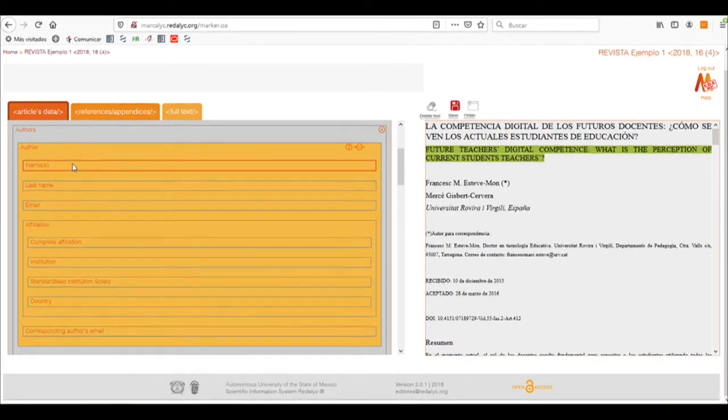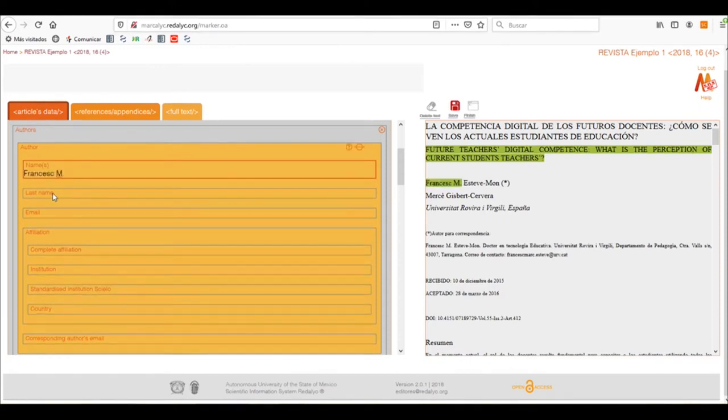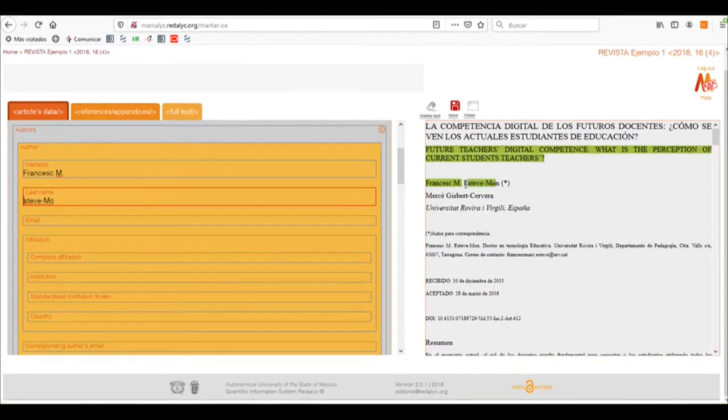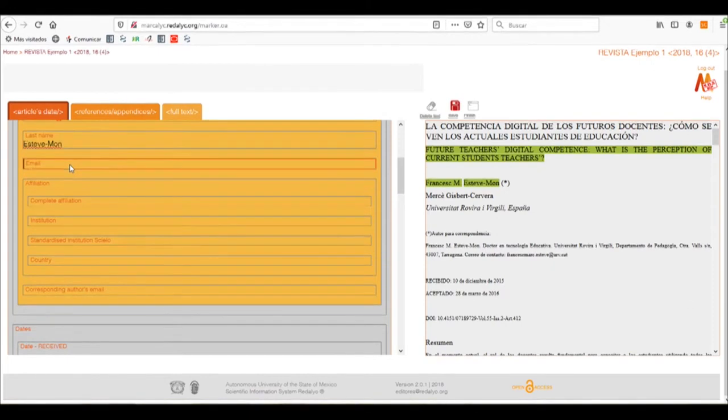Now we'll select the name, in this case Francesc M, and the last names. When we make a mistake in the tagging process, we can select the text again, and it will overwrite our mistake. So in email, we'll select only the email address,